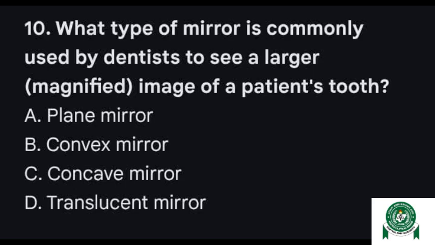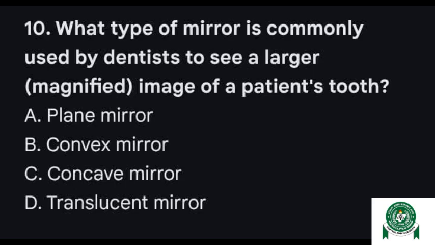The third option we have there is the concave mirror. The concave mirror curves inward like the inside of a spoon. Take note, the convex mirror curves outward while the concave mirror curves inward like the inside of a spoon, focusing parallel light rays to the focal point. The image can be real, inverted, magnified or diminished, or virtual. It can be upright and magnified depending on the object distance. Examples of where you can find this kind of mirror are in shaving or makeup mirrors, car headlights, and